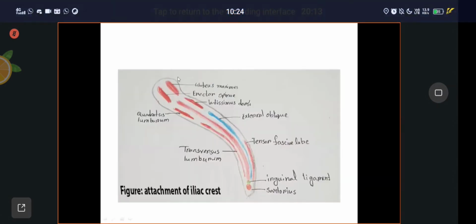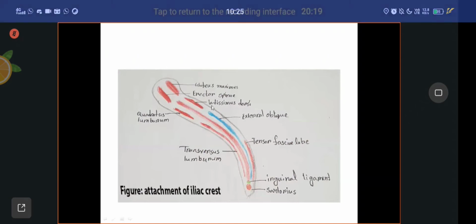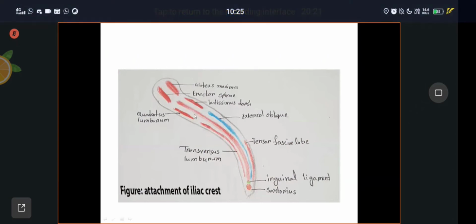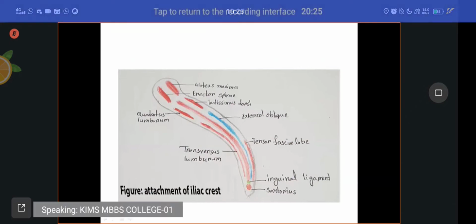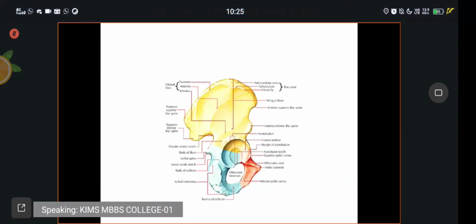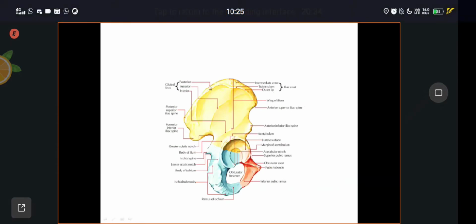So now, what have you studied so far? The iliac crest comes as a 5 marks question for you. When it comes, you have to draw this diagram and explain what I have taught you now. We have only studied about the iliac crest and its attachments, and about the upper end and the lower end,